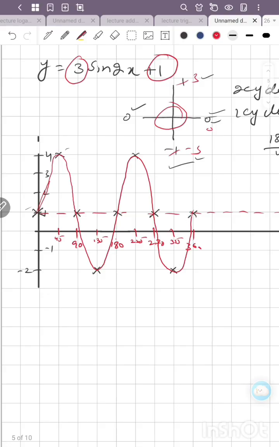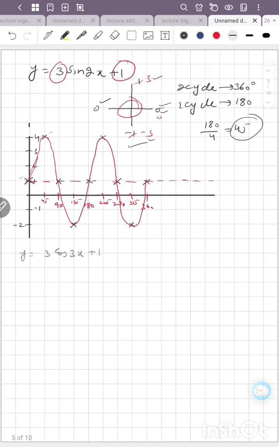ये हो गया हमारे पास ग्राफ कंप्लीटली ड्रा हो गया। अब हम नेक्स्ट क्वेश्चन की तरफ चलते हैं। ये क्वेश्चन है हमारे पास y इक्वल टू थ्री कॉज ऑफ थ्री ऑफ एक्स प्लस वन। अब इस क्वेश्चन को हम कैसे सॉल्व करेंगे, कैसे हम इस क्वेश्चन को कंप्लीट करेंगे। अगेन इस क्वेश्चन में सबसे पहले तो आपको टेबल